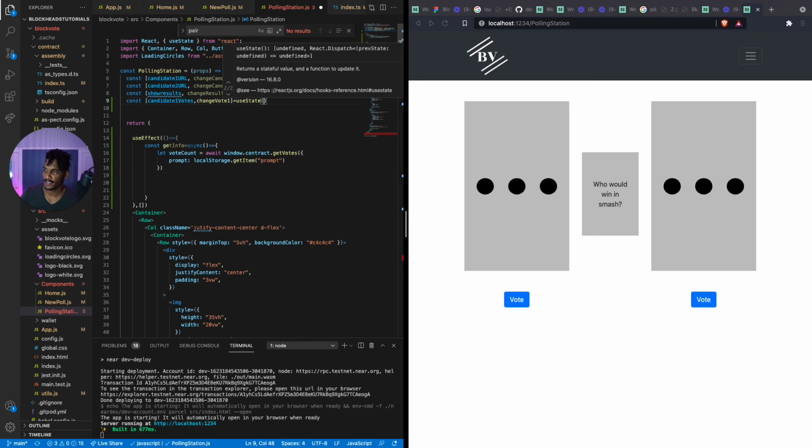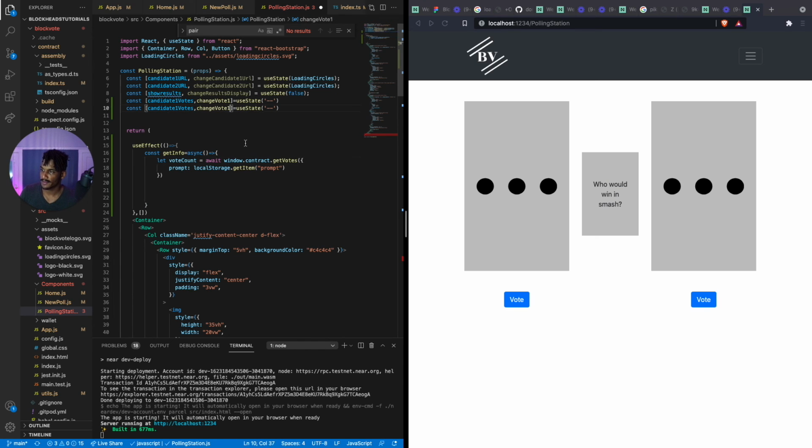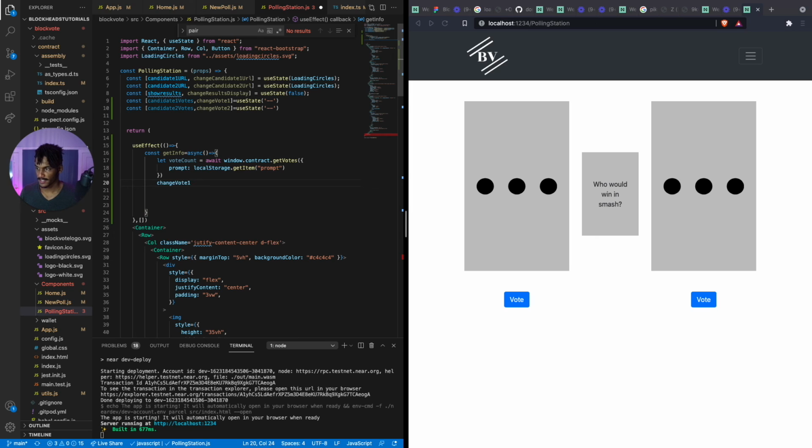We're just going to put in some dashes here for now. Dashes will be our placeholder for that. And we're going to switch this value to number 2. So if the votes aren't loaded yet, we're just going to display some dashes. We're going to call change vote 1. And under vote count, we're going to say change vote 1,